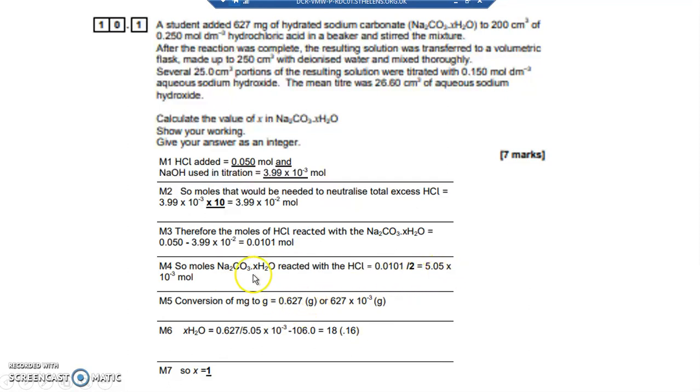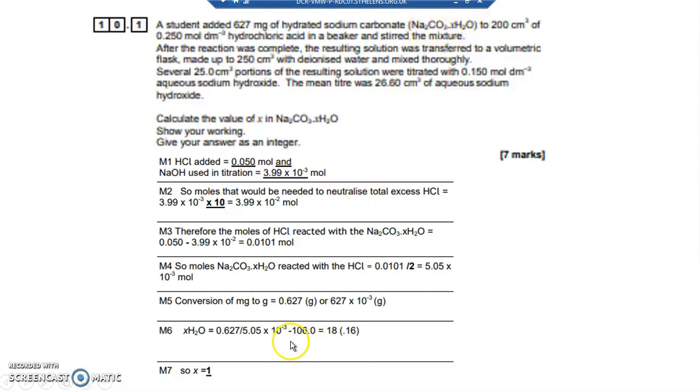So 5.05 times 10 to the minus 3 equals 0.627, the mass, divided by the Mr. With a little bit of rearranging, the Mr is 0.627 divided by 5.05 times 10 to the minus 3. It's that value there. That's the mass of the sodium carbonate,